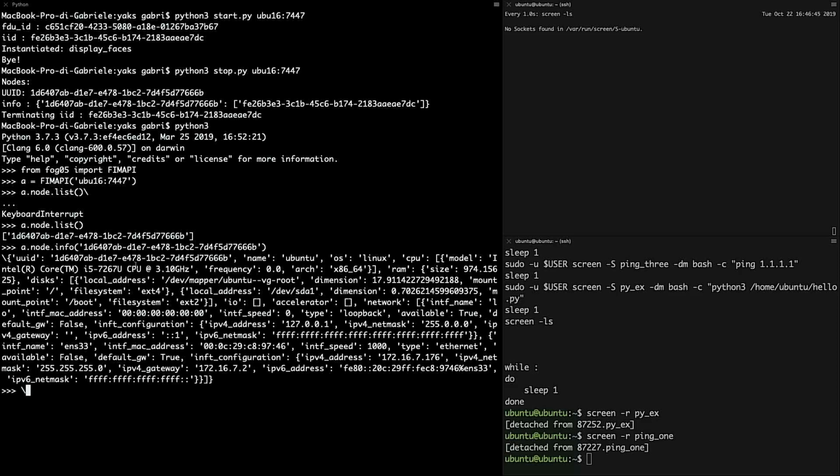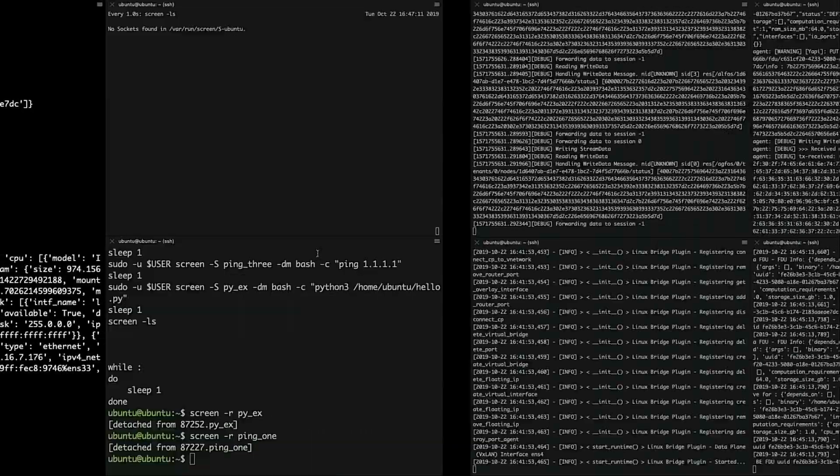You see, I get information about the node. For instance, in this case, the UID, the name, which is the host name, the operating system running on it, a list of the CPUs. Well, the frequency is 0 in this case because it's a VM, and the library is not able to get the real frequency. Information about the RAM, the devices, the hardware, the disks, the network devices, and all the devices that I have in this VM. And that's all from me.